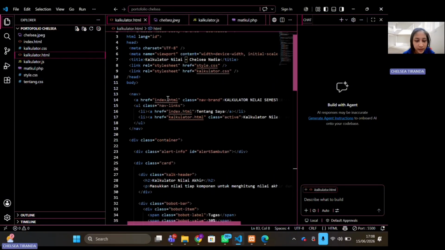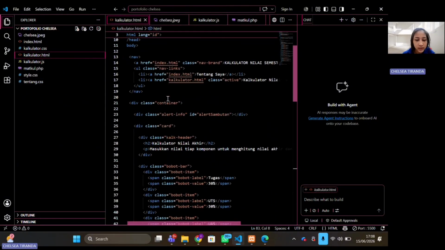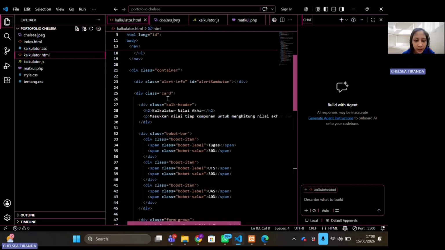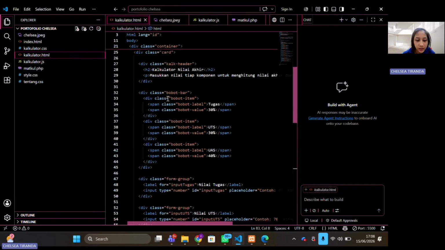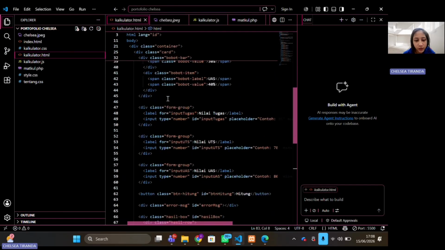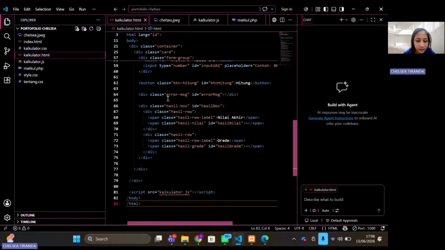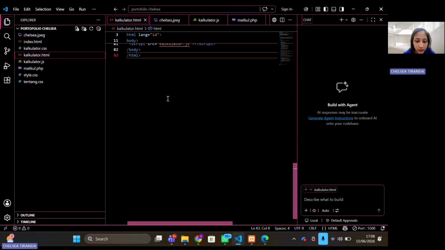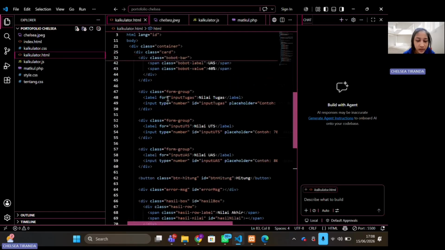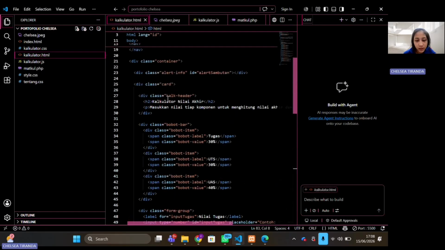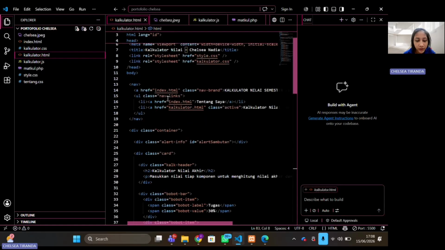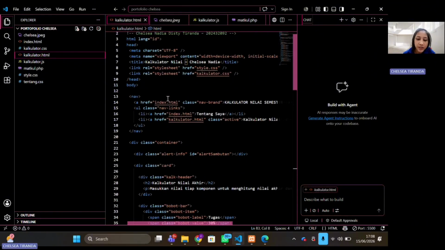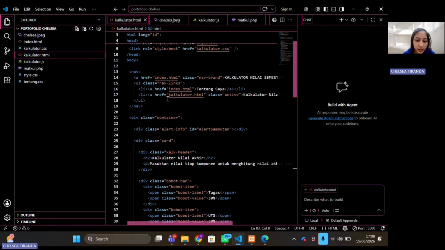Calculator HTML is the second page. Its structure is similar to index.html, but the active link in the navbar has now moved to calculator nilai. There is a div for the welcome message, then a calculator card containing a dark header, grade weights, 3 value inputs, a calculate button, a div for the error message, and a div to display the result, both hidden by default.